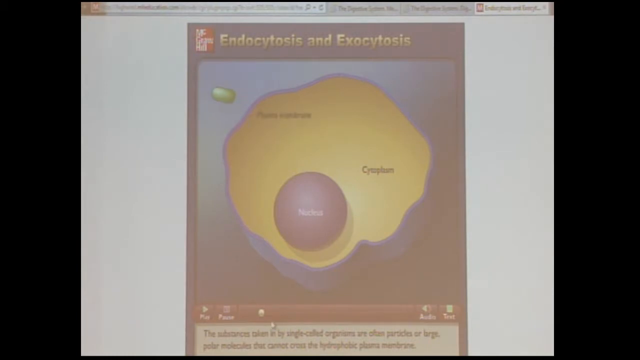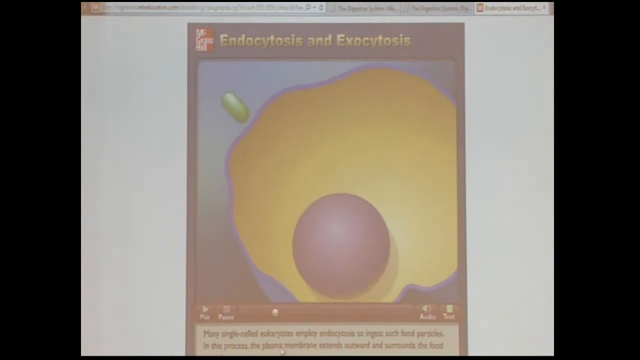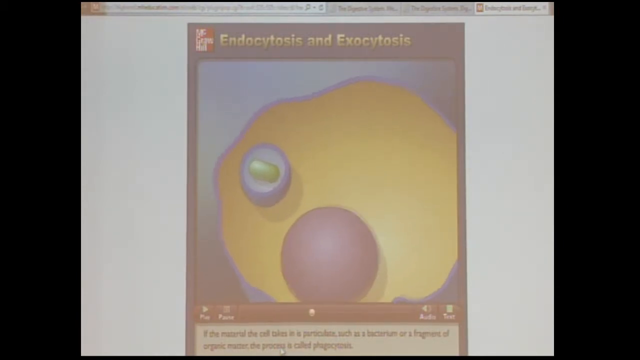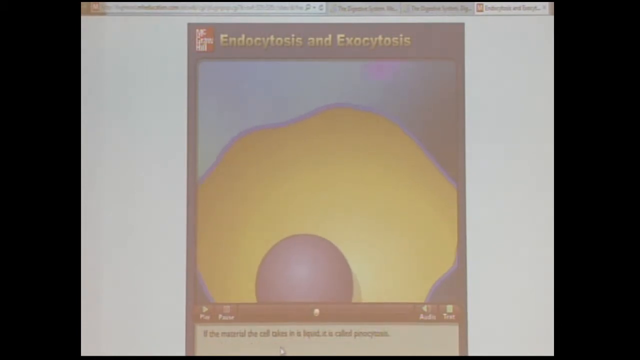phobic plasma membrane. Many single-celled eukaryotes employ endocytosis to ingest such food particles. In this process, the plasma membrane extends outward and surrounds the food particle. Cells use 3 major types of endocytosis: phagocytosis, penocytosis, and receptor-mediated endocytosis. If the material the cell takes in is particulate, such as a bacterium or a fragment of organic matter, the process is called phagocytosis. If the material the cell takes in is liquid, it is called pinocytosis. Specific molecules, such as